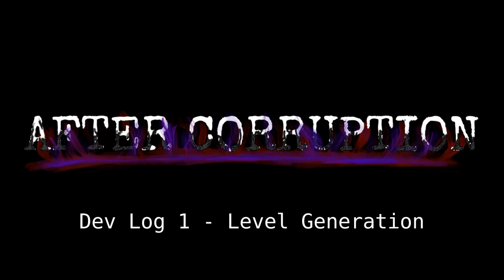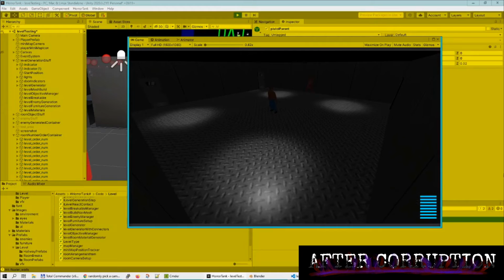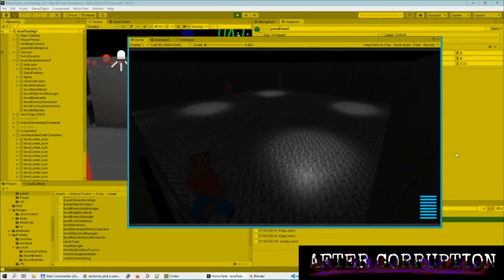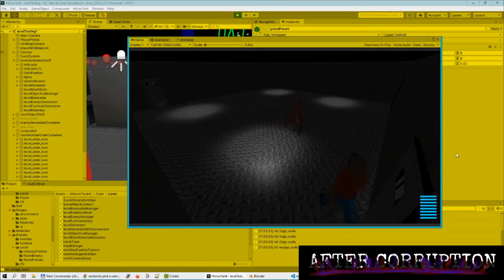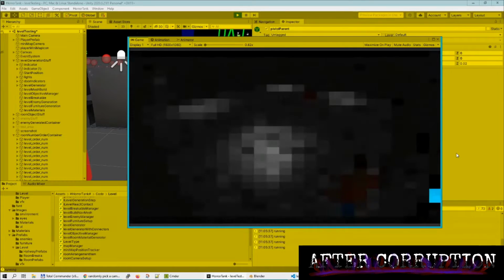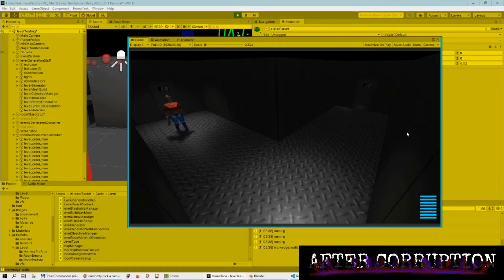I'm currently working on a game called After Corruption. It's a survival horror game themed like a PlayStation 1 title. This first devlog is going to focus on level generation. I decided to try having the levels be randomly generated. This would save time, and it also lends to the claustrophobic sort of indoor feelings seen in those earlier PlayStation 1